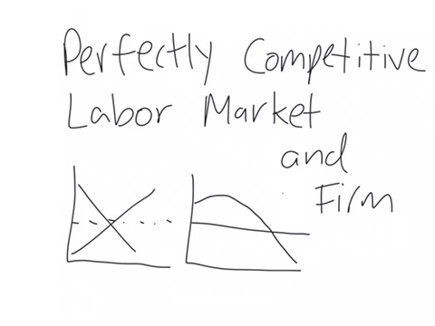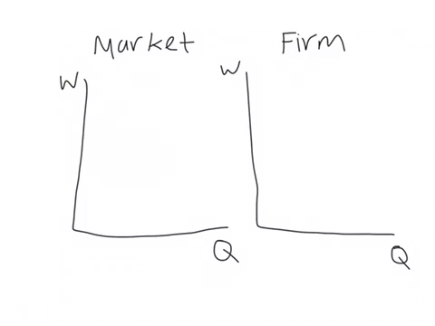In this video, we will be taking a look at a perfectly competitive labor market and firm. We'll start with two side-by-side graphs representing a market and a firm. For these graphs, the y-axis is labeled with a W for wage, and the x-axis is labeled with a Q